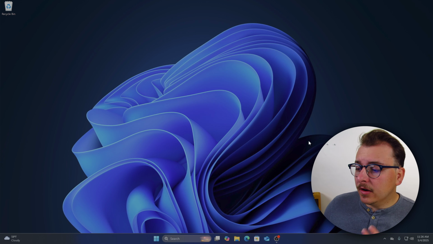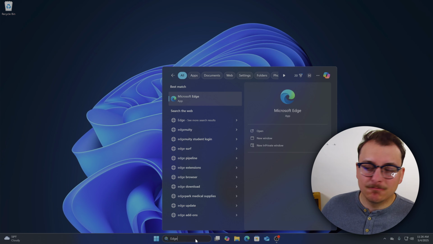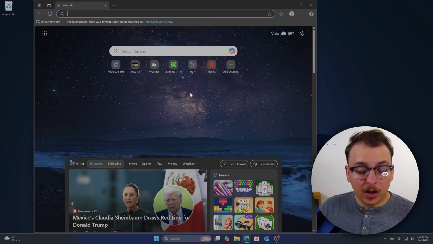So the first step you're going to want to do is get your browser that you're going to use to navigate to download Google Chrome. If you haven't done anything, don't worry. Windows comes with a default built-in browser called Microsoft Edge. That's the one we're going to be using for this tutorial, but if you have another browser, you can use that as well. The way you're going to find it, it should be here on the bottom bar, but just in case it's not, in this search engine, you can just search Edge, and it should pop up right at the top. So once you have your browser here, we're going to go to